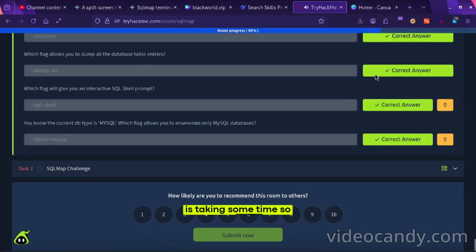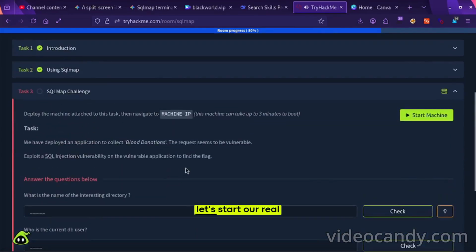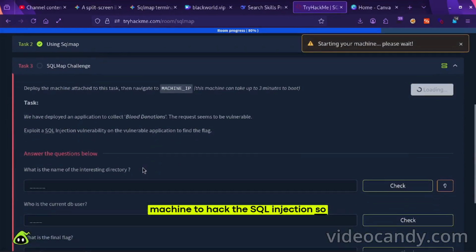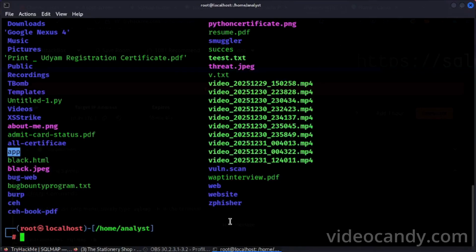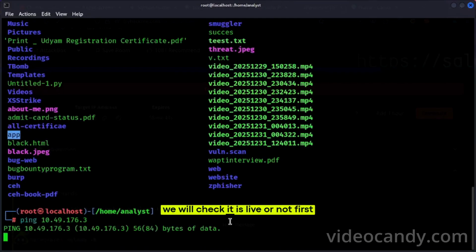It is taking some time, so let's start our real machine to hack the SQL injection. It is starting now. First we will check whether it is live or not.